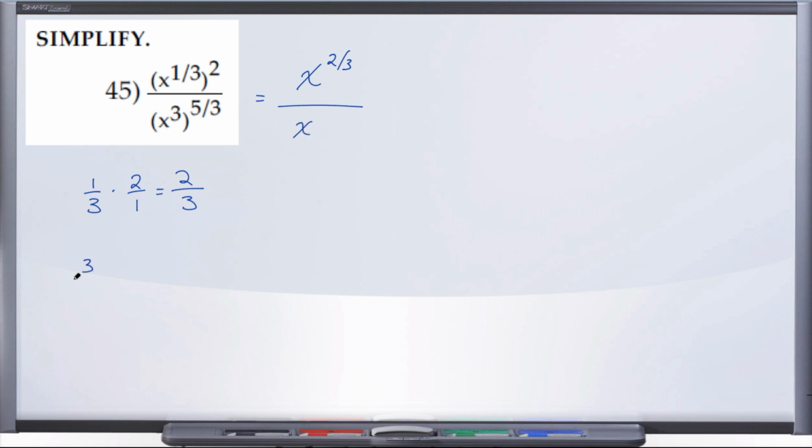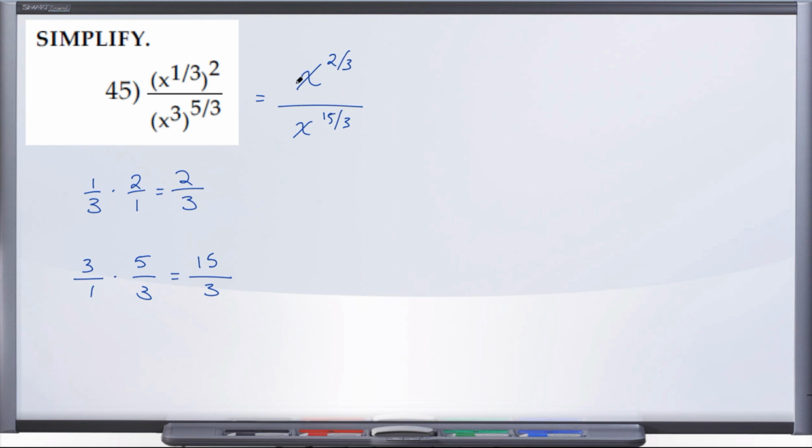Here we have 3/1 times 5/3. And again, just go straight across the numerator, straight across the denominator. 3 times 5 gives us 15 over 1 times 3 gives us 3. So we end up with 15/3. And normally we would reduce that to 5, but because the numerator also has, as its exponent rather, a denominator of 3, we're going to go ahead and leave it just as it is, because now we want to say,